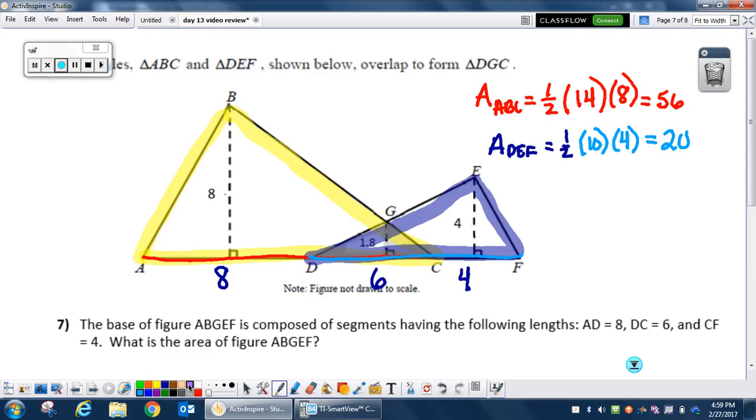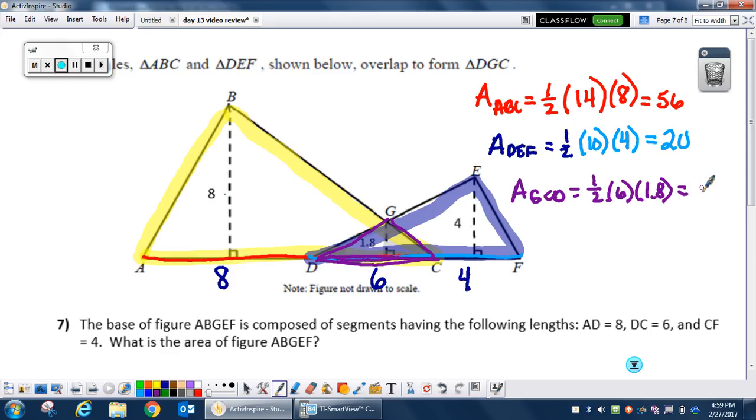And then you have to find the area of the overlap, okay, which is going to be triangle GCD. That base is from D to C, which is 6, and that height is 1.8, which makes an area of